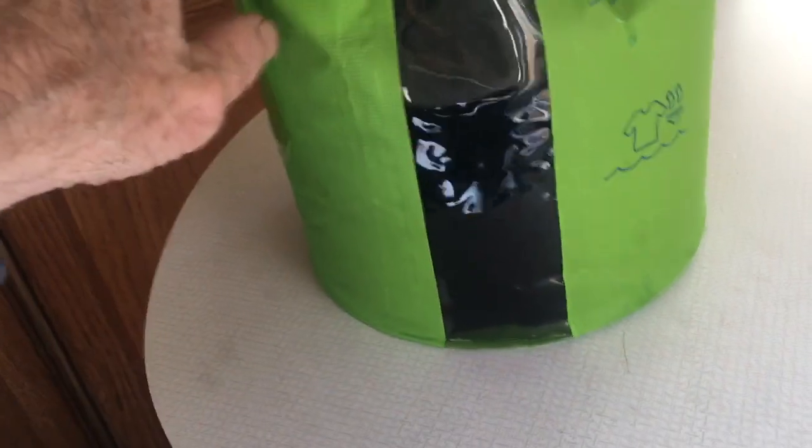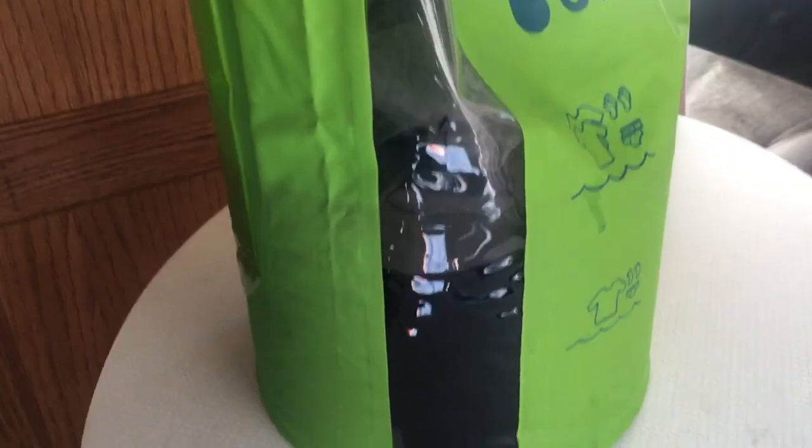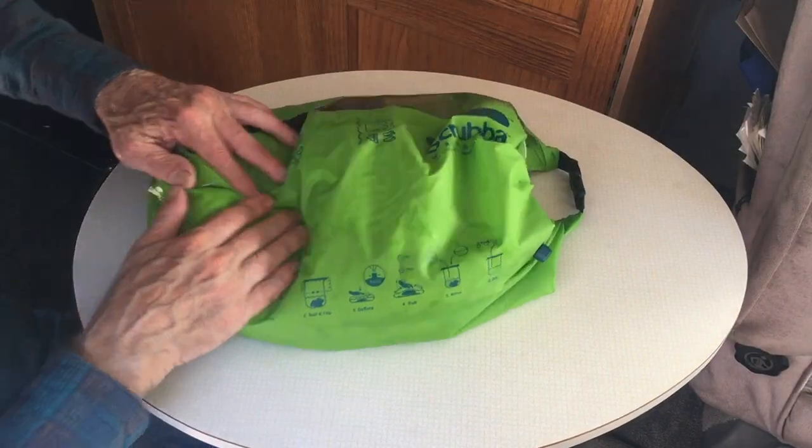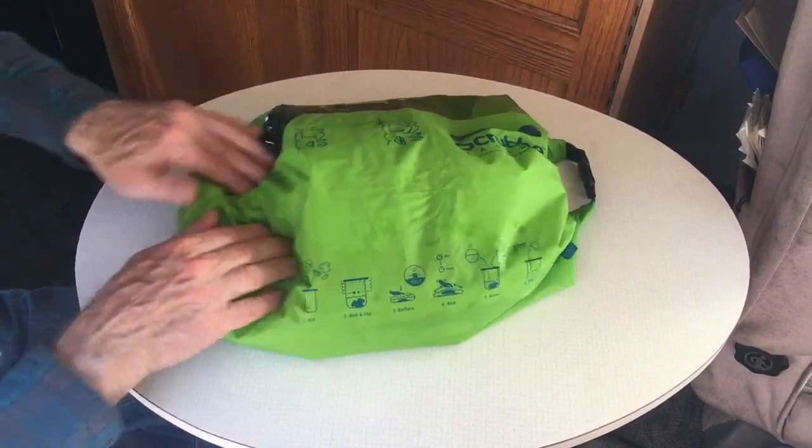I might be a little overcooked as far as how much stuff I have in there, but I think it'll be okay once it seals up and mixes with the water. How's that? I hope that's good. I think one important thing to